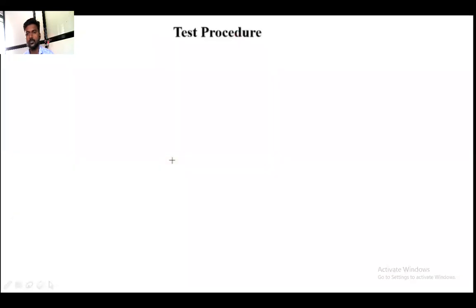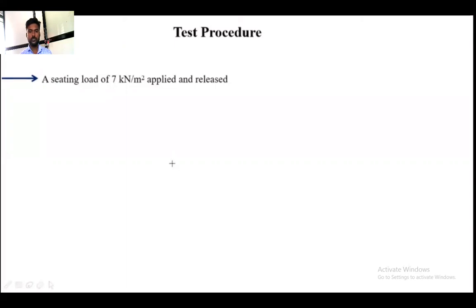Next, the test procedure itself. Once you are done with the entire arrangement and everything is in place, the first thing you do is apply the seating load or seating pressure of 7 kilonewton per meter square, keep it for some time, then release it. Now, why do we do that? This seating load has the function of setting your plate in position, because let's say you start applying the load and your plate moves a little bit. Your entire test will fail. So you need to apply a seating load and make sure your plate is properly set in position. If it moves a little bit, you can adjust it manually, then you can start the actual loading.